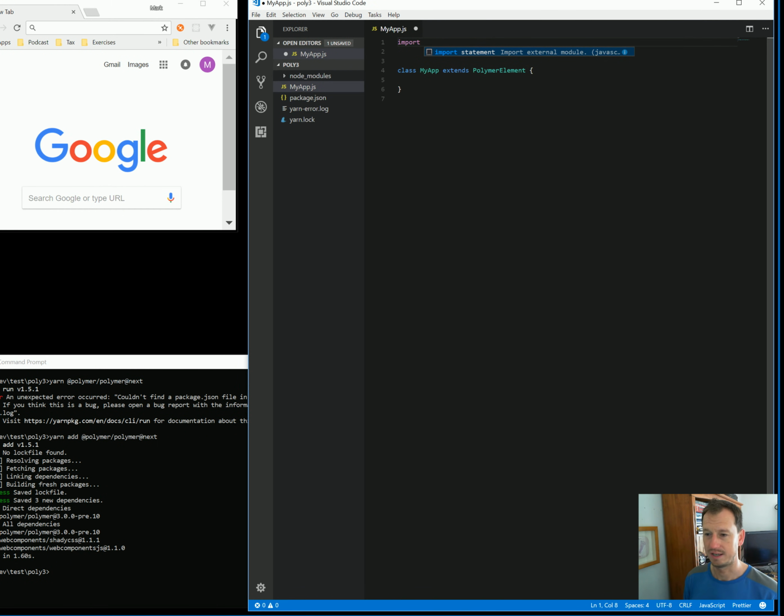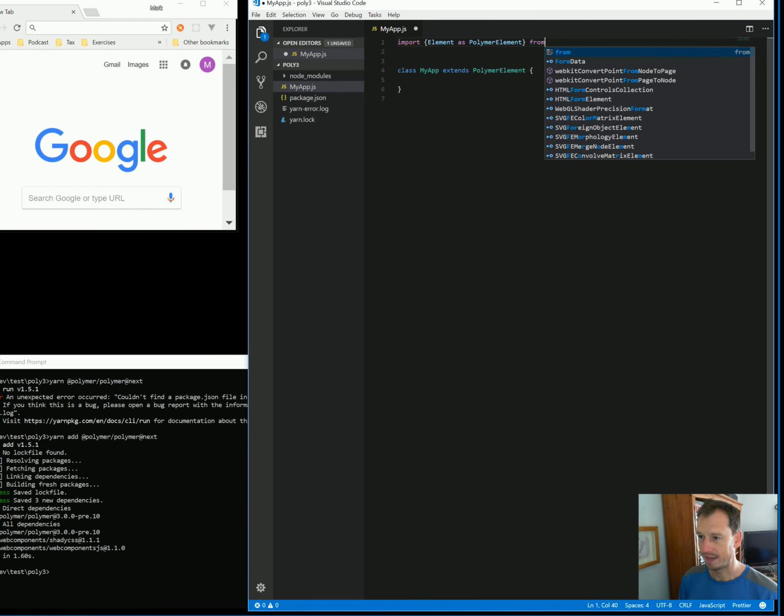So now we're using ES6 modules, we can do an import. We pull in the element object and rename it as Polymer element. This will change in the full release. It will just be called Polymer element. We need to do this rename to ensure we don't conflict with the built-in element object. So we pull that in from,